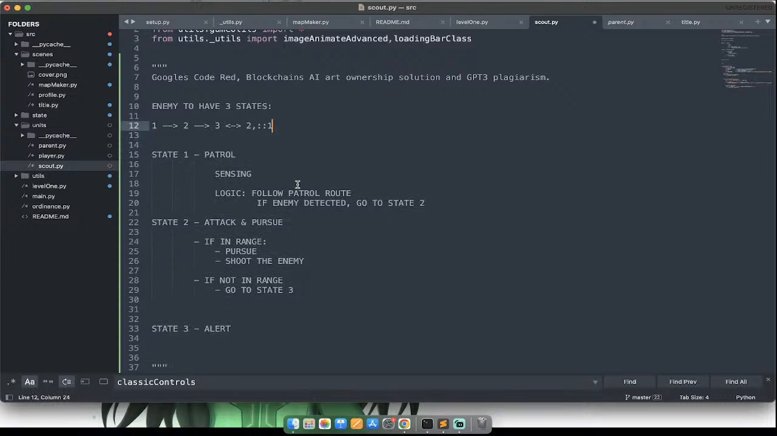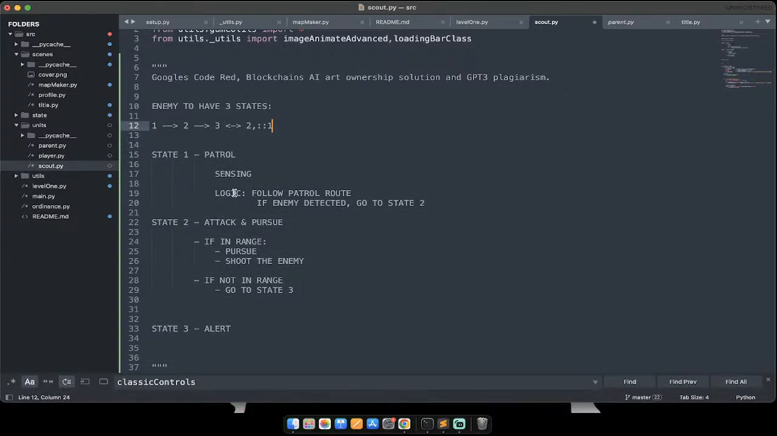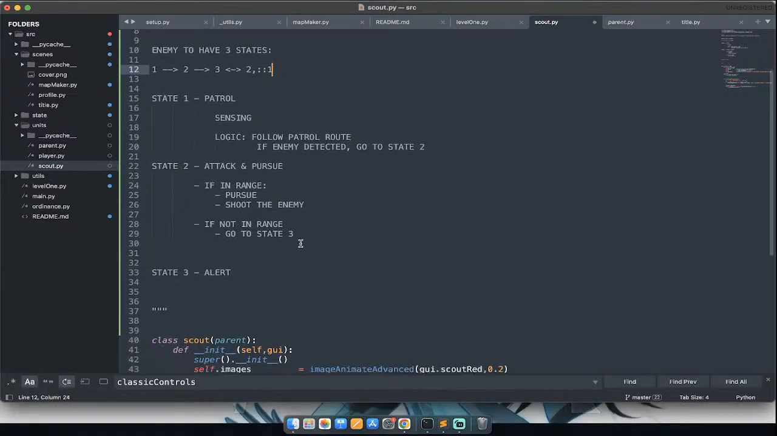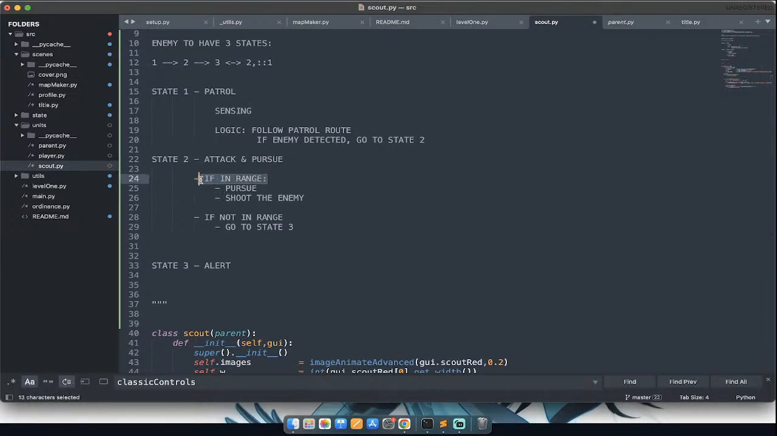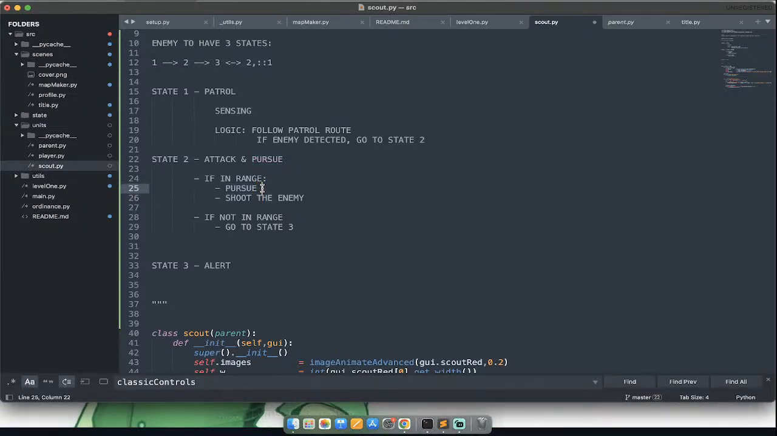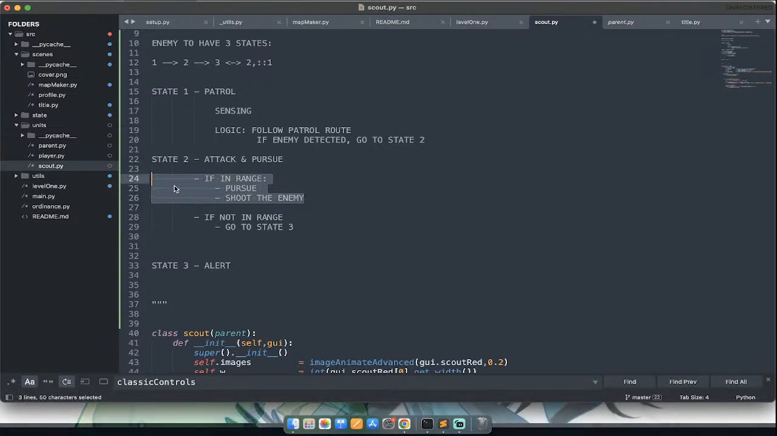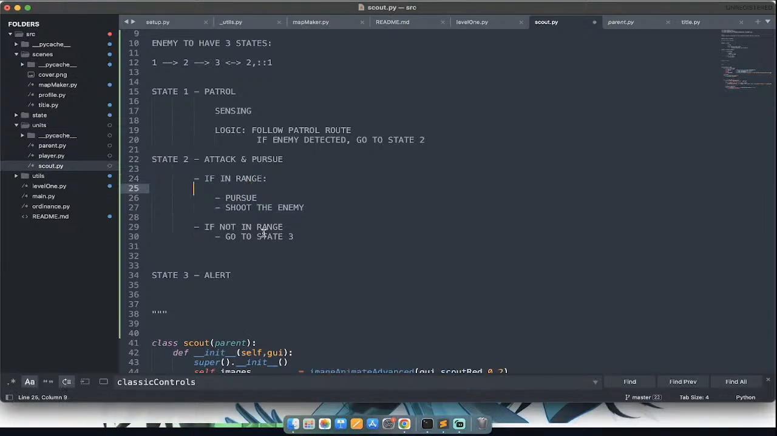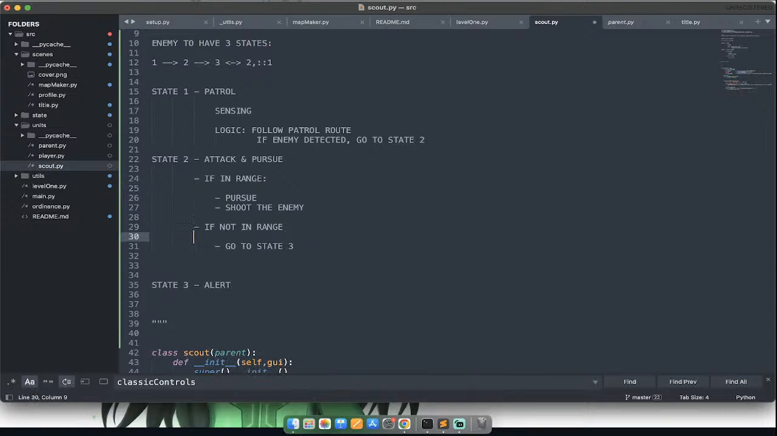What we're going to do is the patrol with the sensing, so follow the route and just keep the sensors on. If the enemy's detected, go to state 2. If the enemy's in range, I want to pursue them for a given time and shoot the enemy. So probably just keep doing this loop while in range, and then if they're not in range, what should happen is they should not